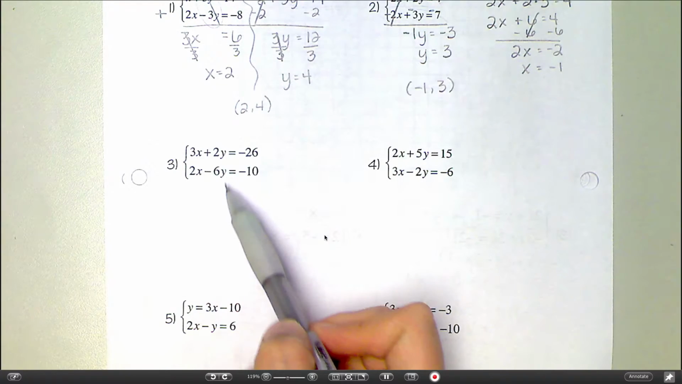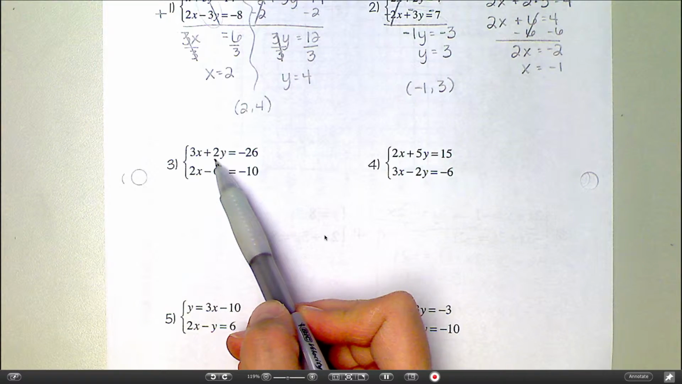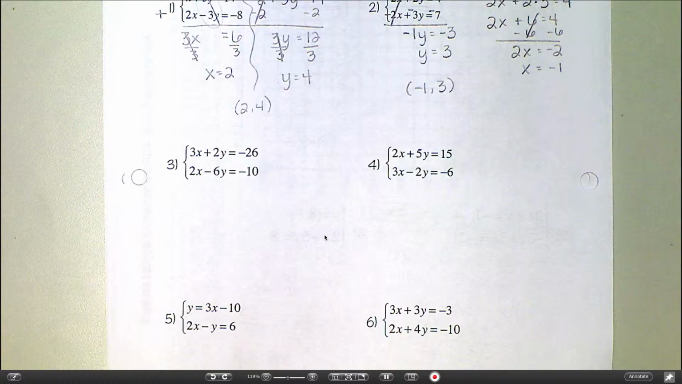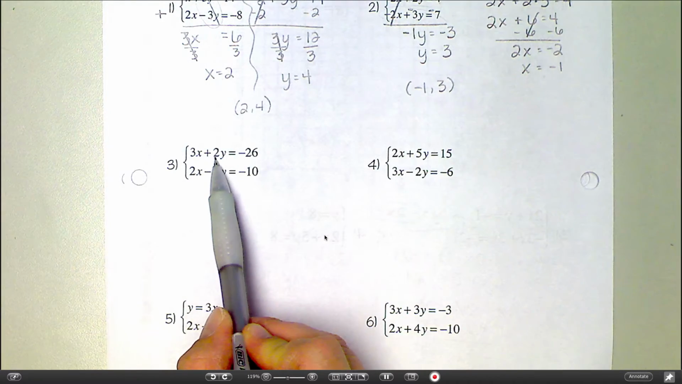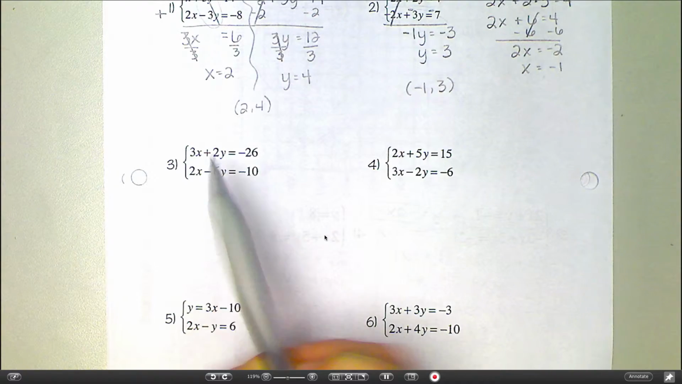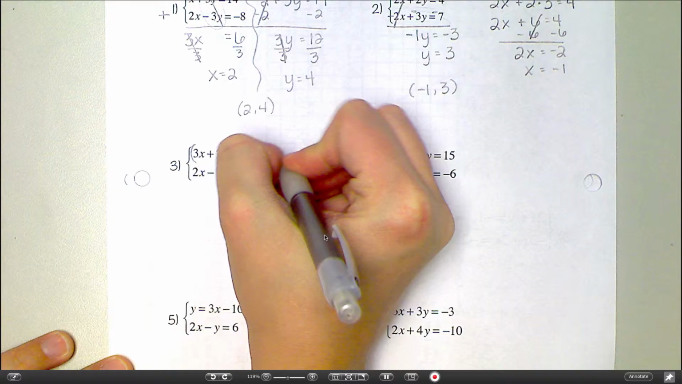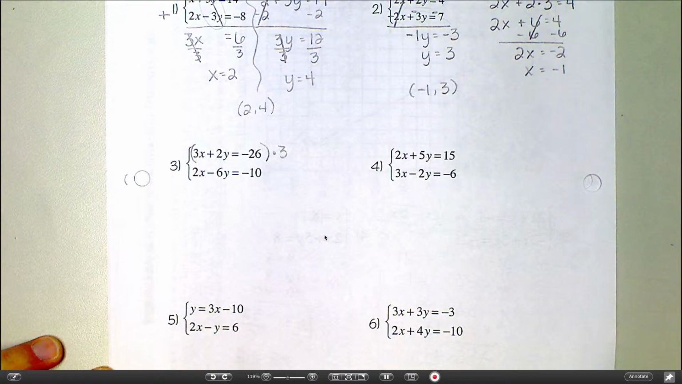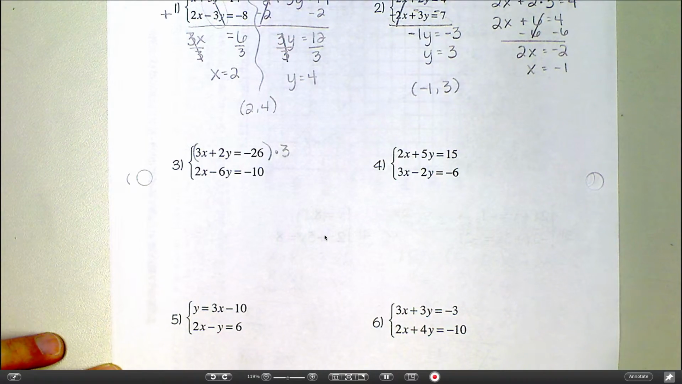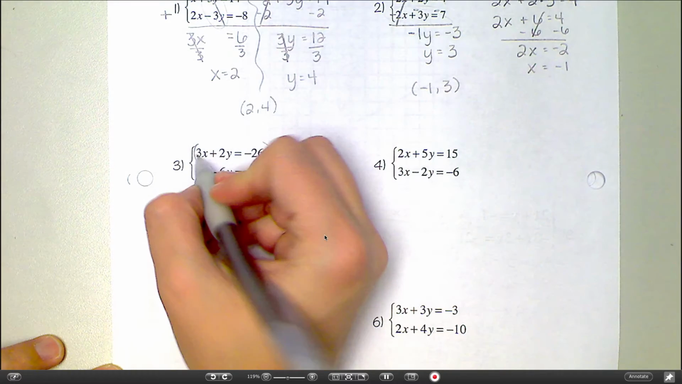No. Let's look at our y's. Can I turn a 2 into a 6? Yes. So I would really like that to be a positive 6. What would I have to multiply by for that to happen? 3. So I'm going to take this entire equation and multiply by 3. Okay, the entire thing. That's going to give me 9x